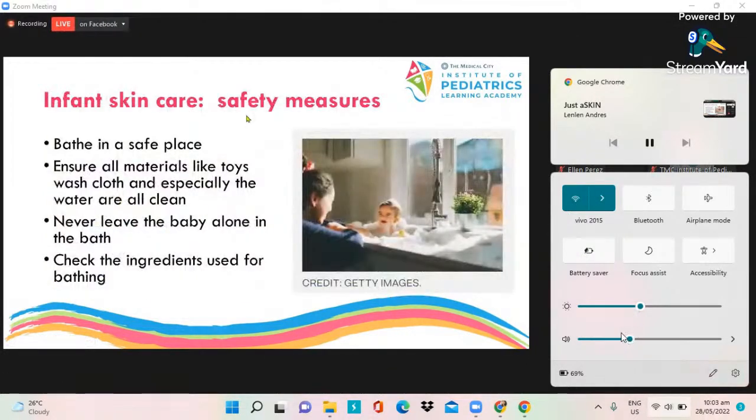Ayan. Okay. So ngayon, balik na tayo sa paligo. Alam na natin yung mga types of soaps na pwede po natin gawin. Nakalagay po dito ngayon, safety measures. And I really want to talk about this because, you know, Jamie, I don't know if you've had any experiences, but I have had patients dumating sa ER. Wow, Doc, sorry eto, dinala ko yung aking anak sa ER dahil nagka-aksidente habang naliligo. So take a look. What is wrong with this picture?